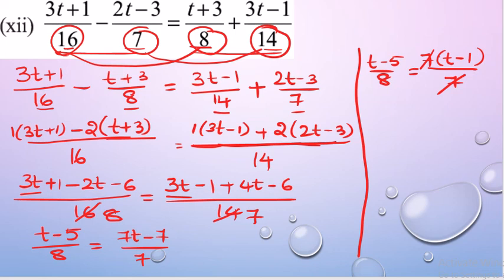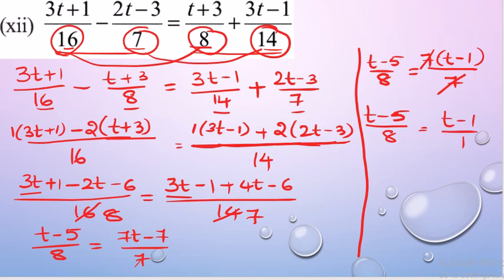See here, we cannot cancel the 7 and 7 earlier. Understood? If you want to cancel this denominator 7, in the numerator you should have all the terms with 7 multiples. So here we have 7 multiples, so after taking it as common we can cancel it. Now what I am going to get, t minus 5 by 8 is equal to t minus 1 divided by